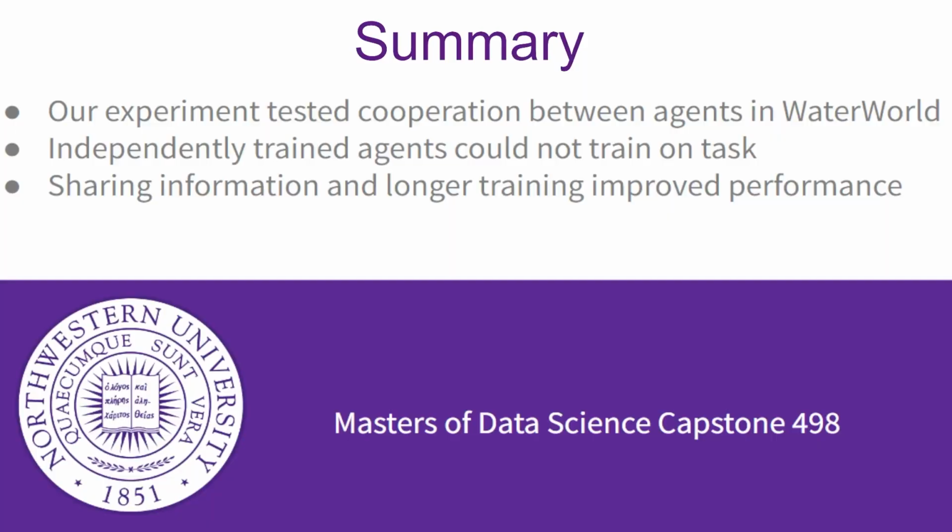In summary, we have shown a few multi-agent systems attempting to cooperatively receive rewards in the SISL Waterworld task. So far, we have found that training the agents independently on the cooperative task results in agents that are unable to learn a successful task. We were able to improve this somewhat by training agents with shared information in a much longer training period. We are still in the process of improving our parameter sharing and hope that it will improve our cooperative training.